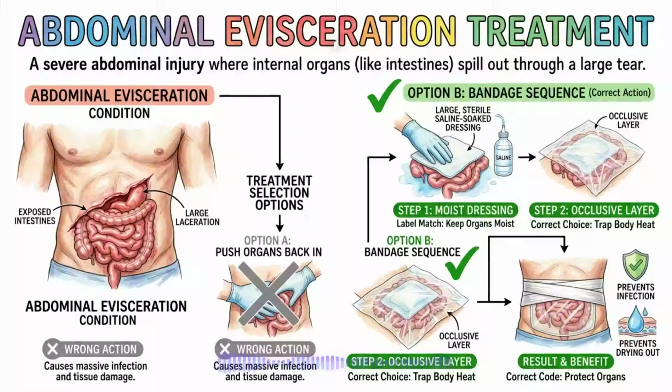Abdominal trauma can result in a gruesome injury called an evisceration, where a large laceration allows the internal organs, typically the intestines, to spill out of the body. You must never attempt to push the organs back inside the abdominal cavity, as this will cause massive infection and tissue damage. Instead, you will cover the exposed organs with a large,